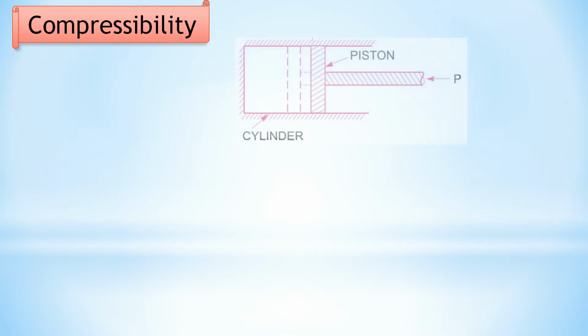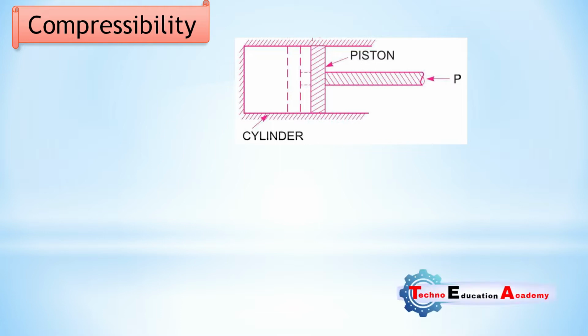Let us try to understand the concept of compressibility. Here we are considering a piston cylinder device. Here we applied the force on the piston, so the gases enclosed inside the system will be compressed. Here we are considering the initial volume is V, and after compression, the volume will change by dV, and dV is the change of volume